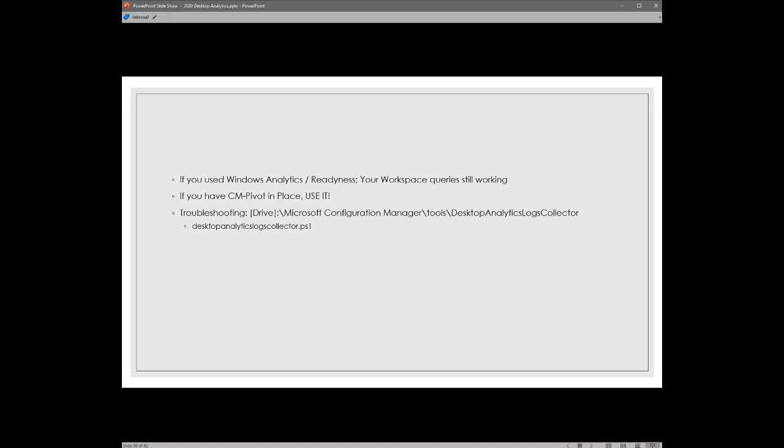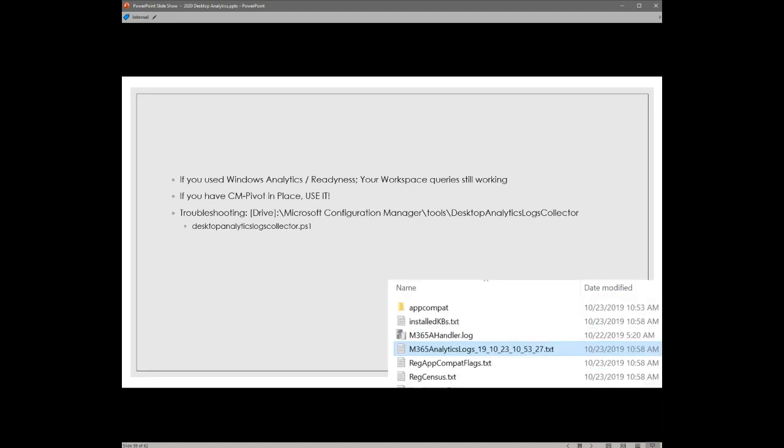So if you would like more information, there is also CM Pivot to use in Config Manager. Some of the data are similar to what you also have in the workspace. And if you have troubles troubleshooting the connection, there is a DesktopAnalyticsCollector.ps1 file in the Config Manager install directory, tools, desktop analytics log collector. Just run the PowerShell script with privileged admin rights and with execution policy bypass, and then it will create